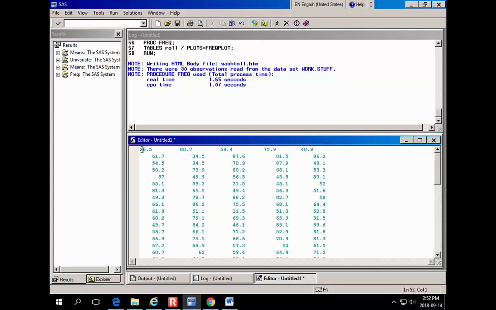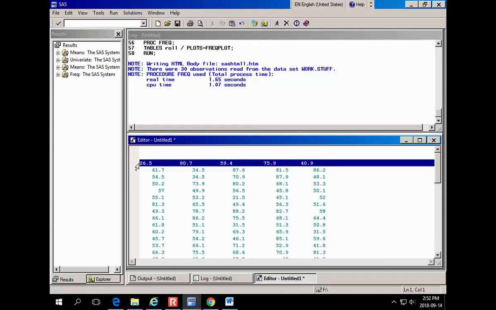And so I line stuff up into columns. You don't have to. Right? As long as there's one space between each number, that's what SAS does. It looks for a space. It sees a number, and as soon as it sees a space, it says, okay, now there's a new individual, and so on. It's sometimes nice, though, if you do line things up in columns, because then it's easier to spot errors and